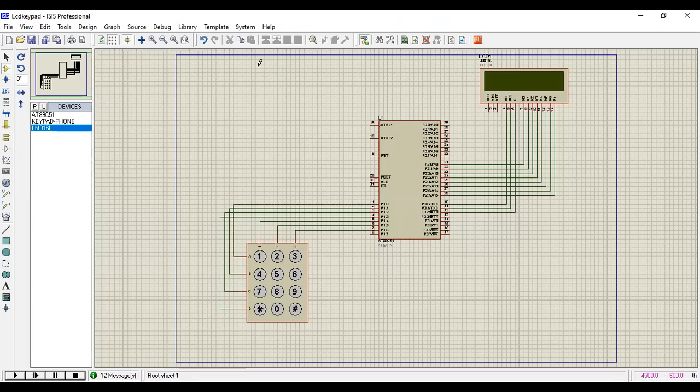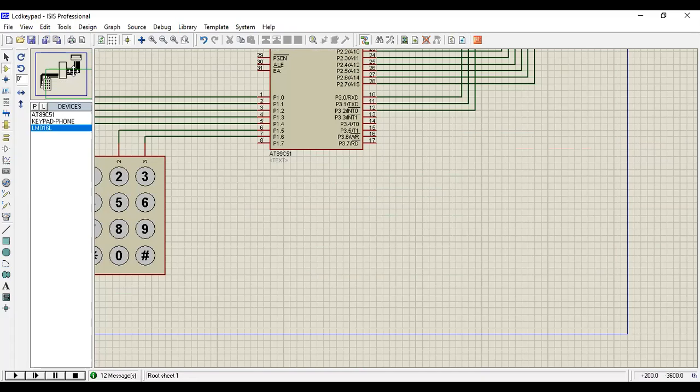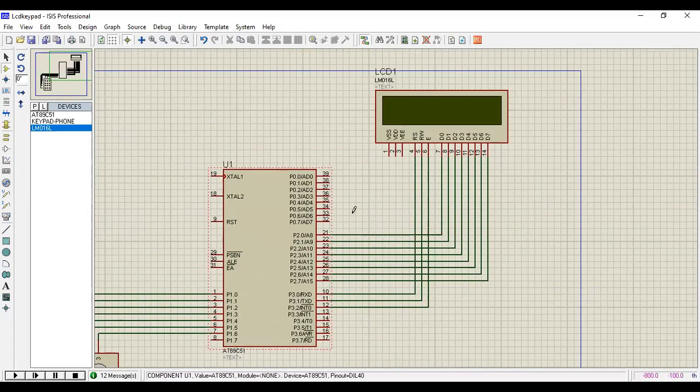Here, if you zoom in, for the LCD, port 3.0, 3.1, 3.2 are connected to RS, read/write bar, and enable pin, and port 2.0 to 2.7 are connected to the data lines.